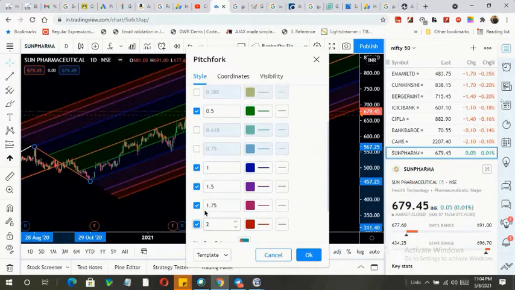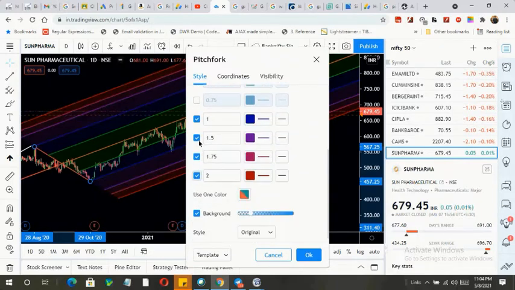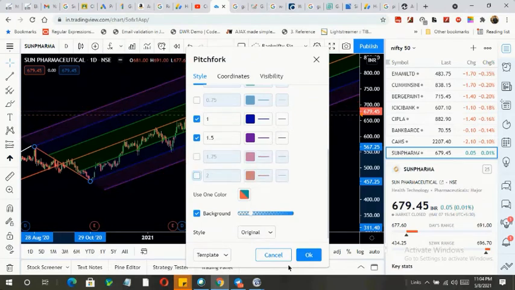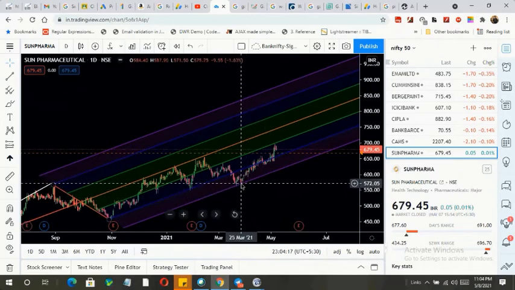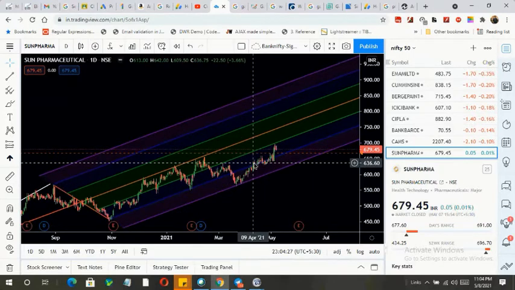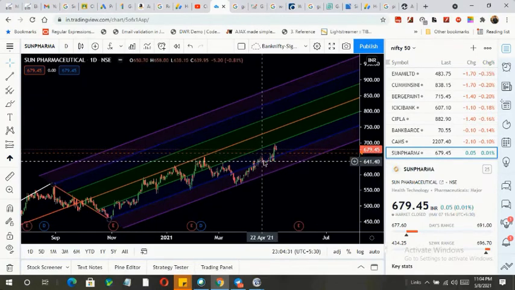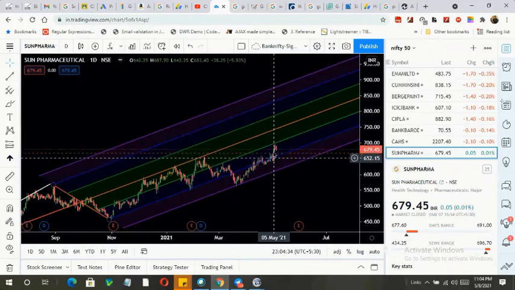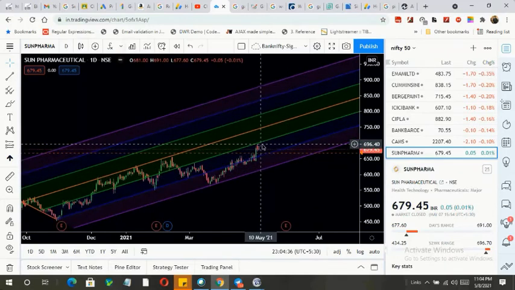Okay, but I don't want to clutter my whole screen. I want to make a limited one. So you see that the stock falling stopped near the next support level, and from that next support level it again went up. Okay, and near resistance you see that it is not able to cross and it is struggling. Then it was able to cross with this big line, but again took resistance on this lower level trend line.